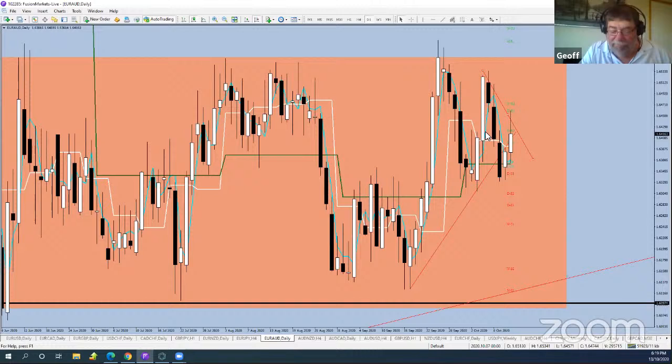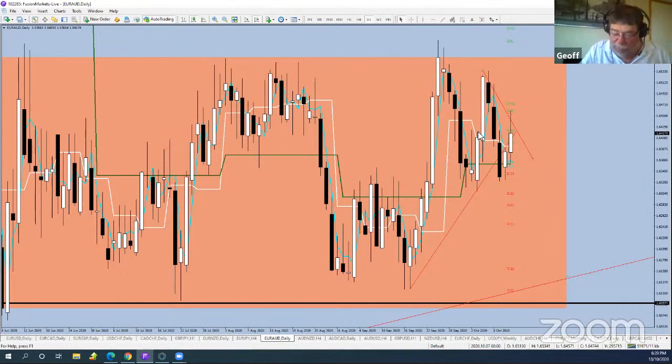Because if the market believes this to be fact, the Aussie or the Euro Aussie won't be in this box for any given length of time. It'll shoot through the top of there very, very quickly. So at the moment, I think the market's very reserved on its reaction to that report. But I think we should be as well. So I'm going to leave this in the market because I'm only trading it at 0.25% anyway. But I'm not going to enter anything else Aussie related at all